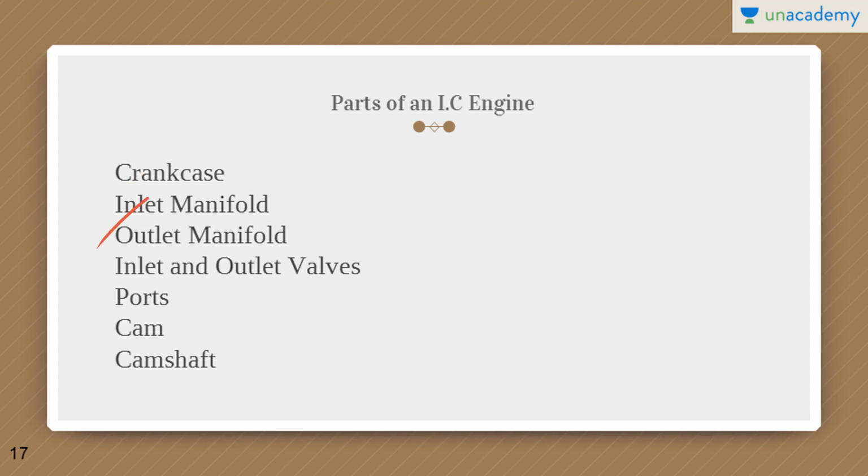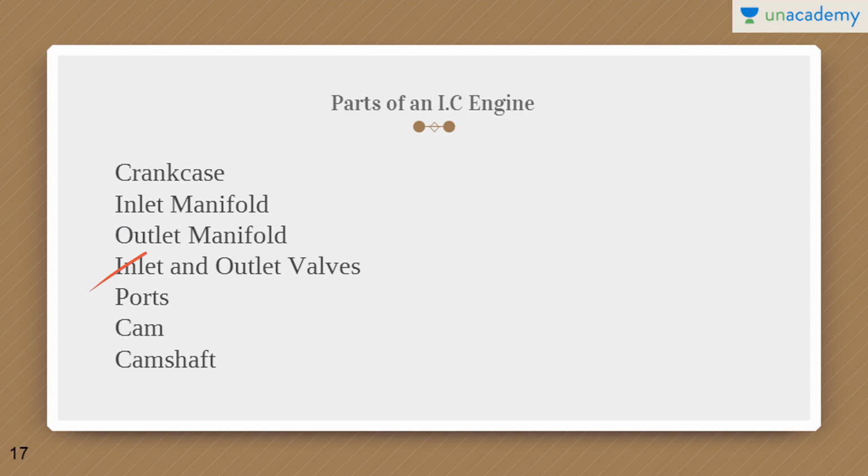So the inlet manifold is nothing but a passage in a 4-stroke engine through which the charge enters a cylinder, whereas the outlet manifold is nothing but the exhaust port. You can think of it as the passage in a 4-stroke engine through which the products of combustion escape into the atmosphere. Then there are the inlet and outlet valves, which are nothing but the control devices used in 4-stroke engines, fitted in the manifolds for the purpose of charging the cylinder and also for discharging the products